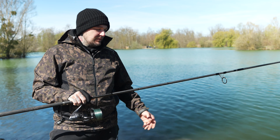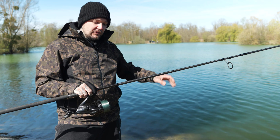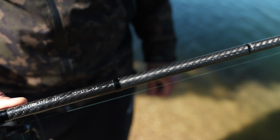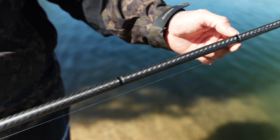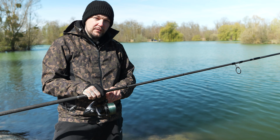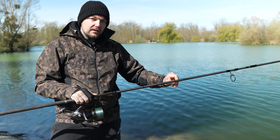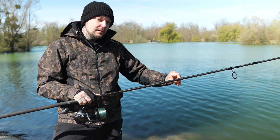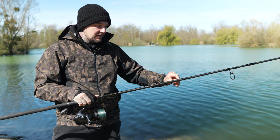So the lead dropped, and now I want to take a look at how deep the area is that I want to check out. The TX Extreme rod has two marks on it. It's a 30 centimeter mark and a 50 centimeter mark. I'm going to start right on the reel, pulling it to the second mark, 50 centimeters, and I'm going to keep an eye on the water to see if my marker post comes up. So 50 centimeters,